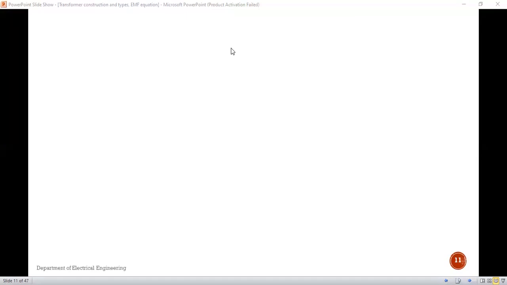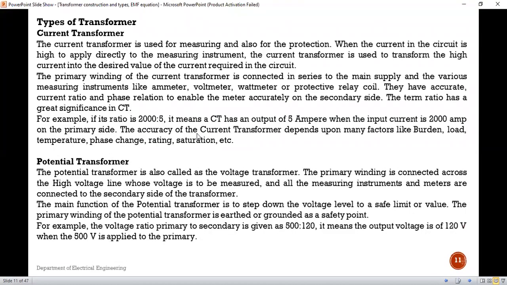Okay, so this part we have already discussed in detail in the previous lecture. In that, the remaining part is the current transformer and potential transformer. What is the current transformer and what is the potential transformer, we will see. Then we will move to our next point, the transformer on no load condition and a transformer on load condition. म्हणजे load condition ला transformer and their phasor diagram, on a no load condition transformer and their phasor diagram.